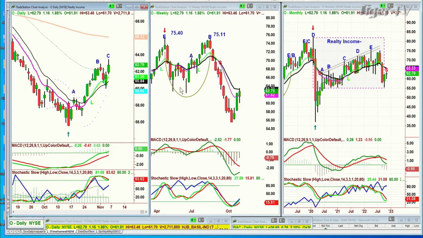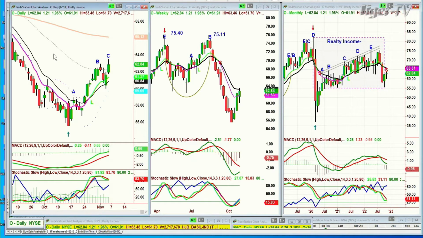But it's interesting because I've had a number of stocks come up in screens, and they're in the realty area, but more the income. So this is a leg C in the daily chart. The weekly chart is only a leg A. It's stopping at the 14-period moving average. But if this realty company, Realty Income, it's a REIT, I guess, 62.83 right now, can close above